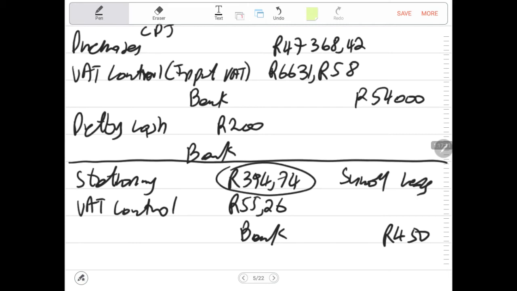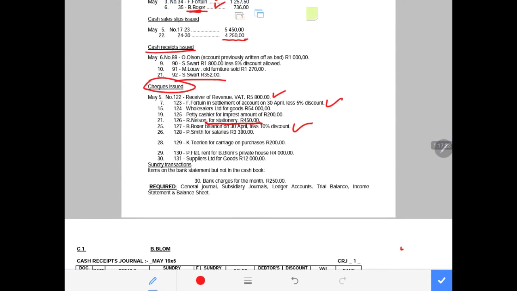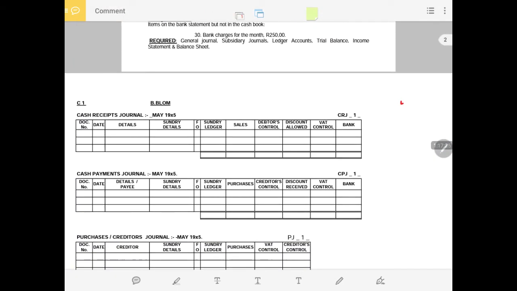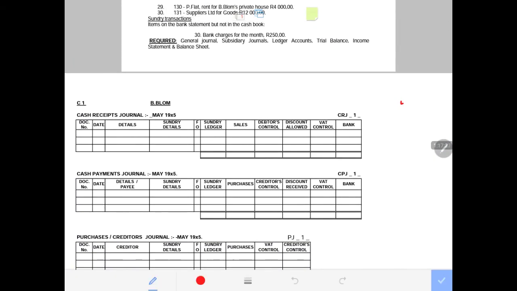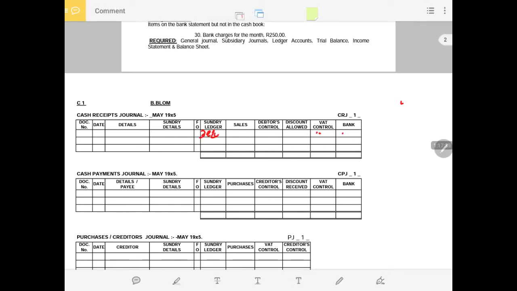Why sundry ledger? Because we don't have a column for stationery. Where there's no column for it, you record under sundry ledger. So the 394 there, the VAT amount there, and the bank, then under sundry details we record the stationery. Then under payee we say R. Nelson, meaning the person that we are paying goes under